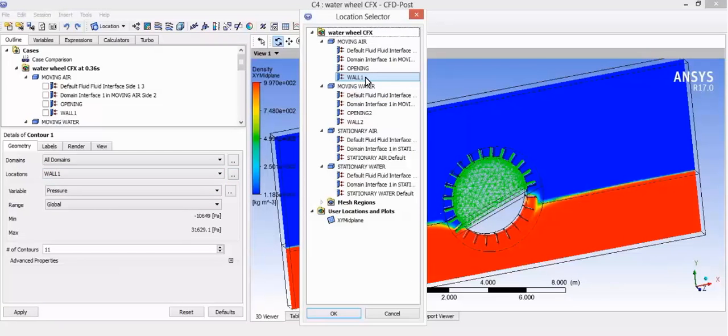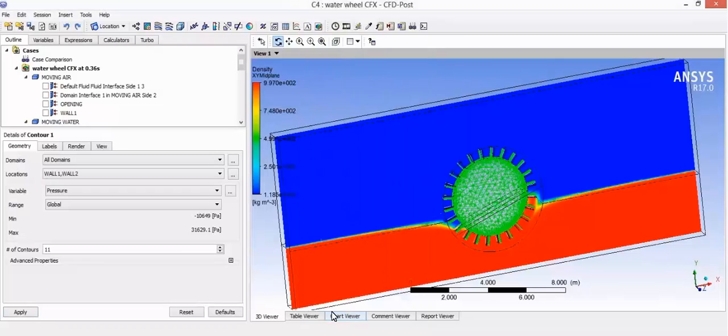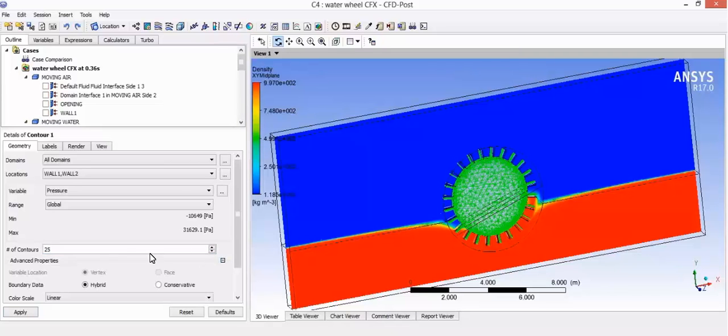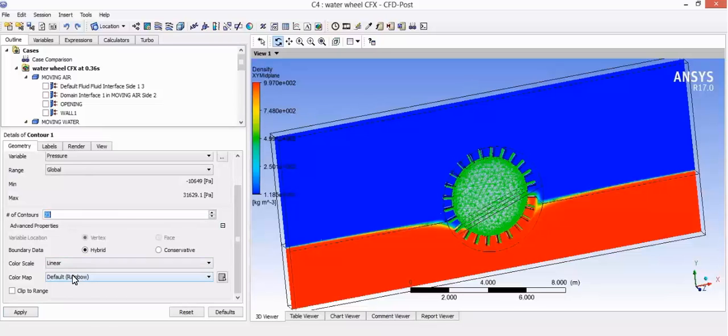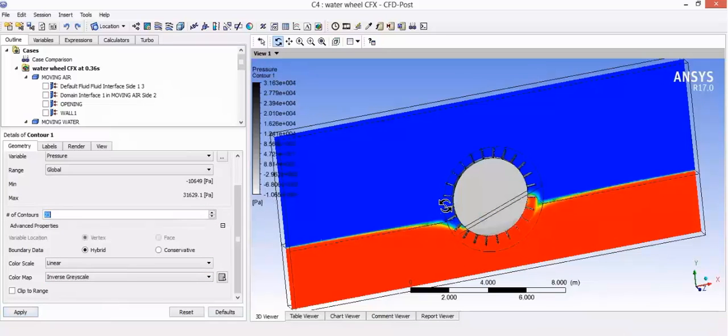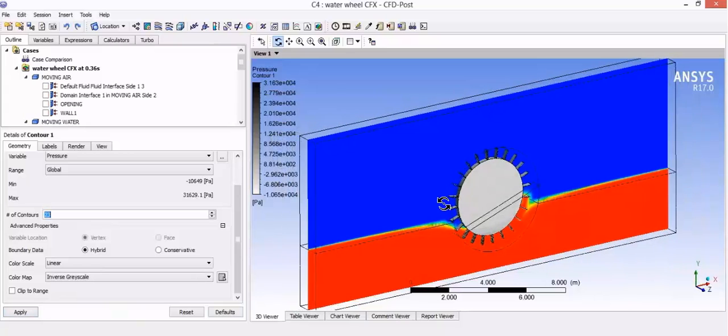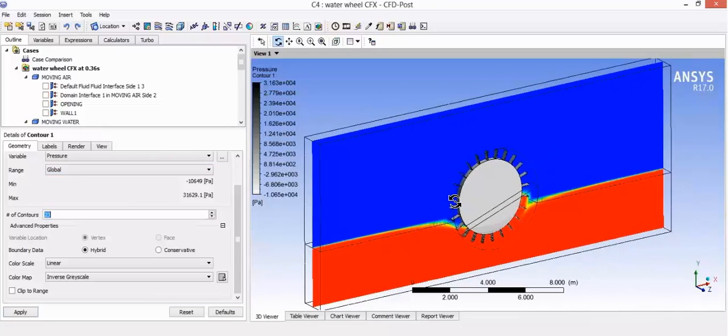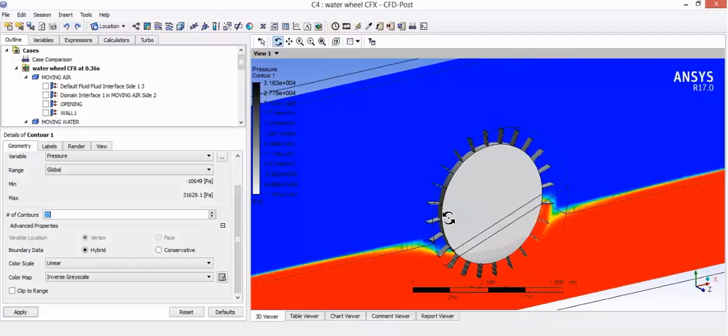And of course we can make another contour of pressure, for example, on the water wheel. If we increase this number, it's going to give us a better visualization of the wall, and of course the color scale in our case